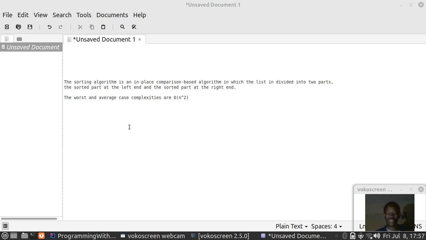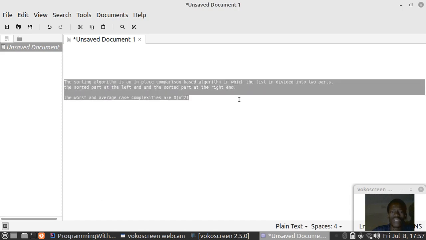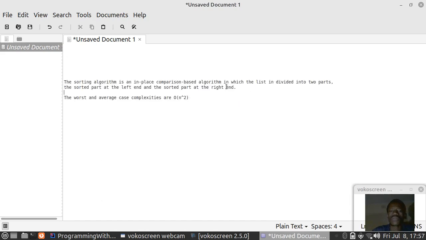So in today's video, we are going to learn about selection sort. We are still exploring arrays, guys, and how we can sort the elements in an array. So I have a definition here. This definition is a definition for the